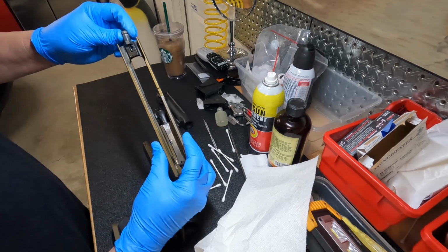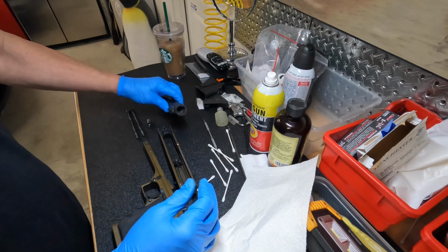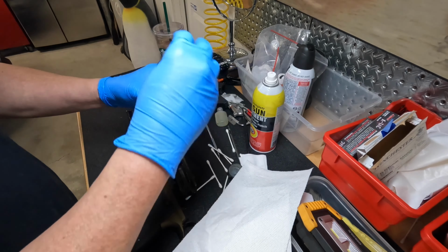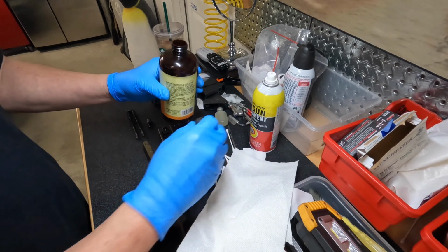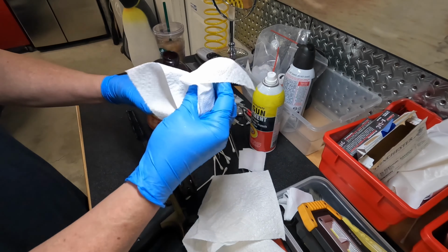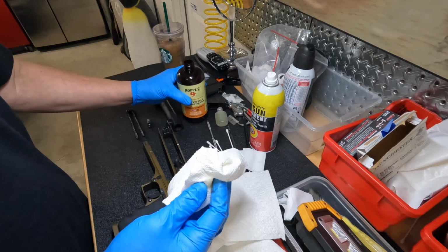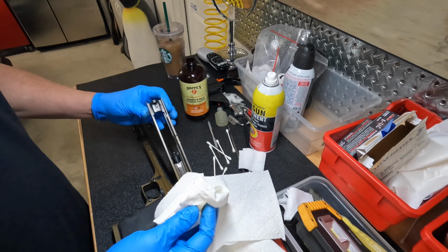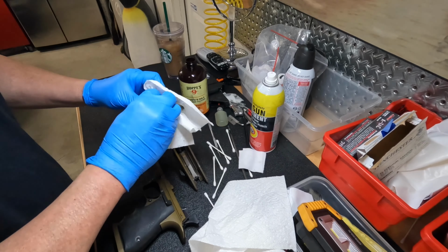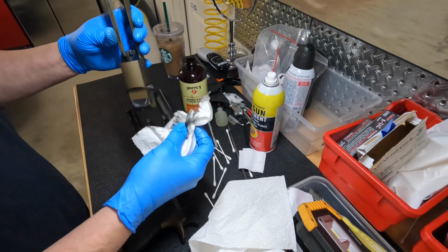There's a slide. There's the gas piston, return springs, and the barrel. So what I like to do is hit it with the industrial strength Hoppe's number 9, old-fashioned pure solvent, no lubricants, just to get a good idea of how dirty this is. Well, and I hit it with this stuff right the first swath because